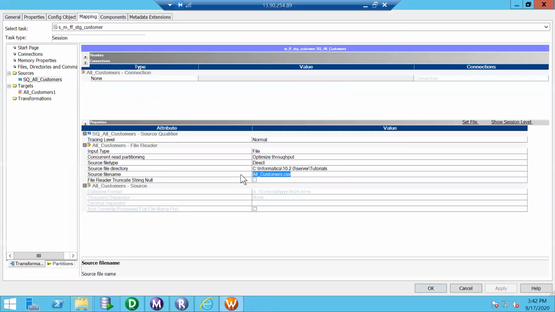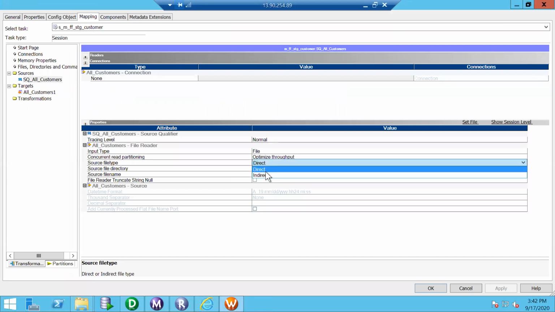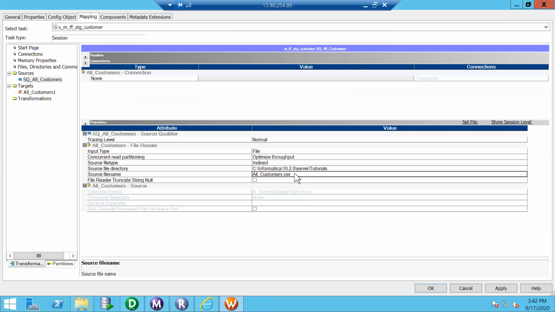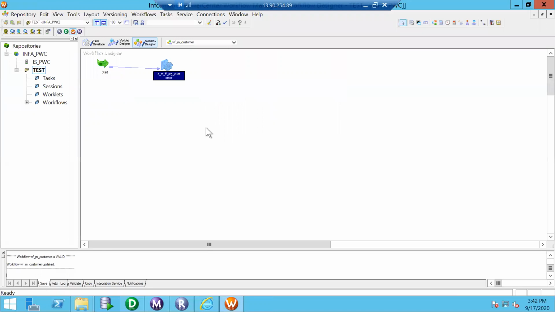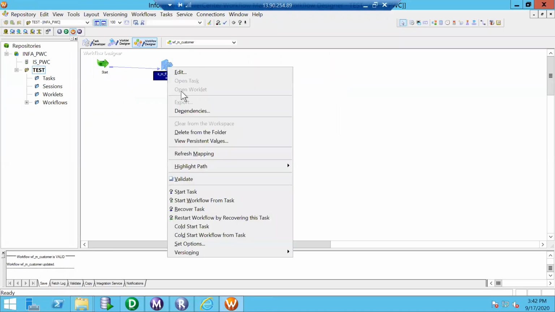And I need to say it is of type indirect, meaning I am specifying a file which is going to have the paths of the files from where the data needs to be read. That's it. I need not do anything. So you read it and load it into the same target. I need the data which is spread in two files. Both of them need to be read by Informatica and populated into the same target.